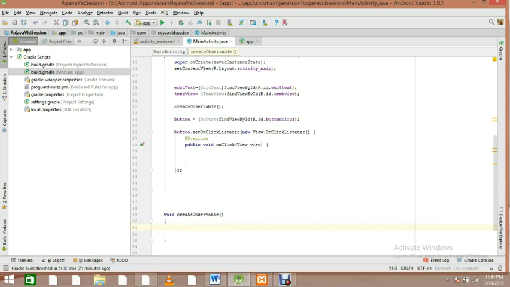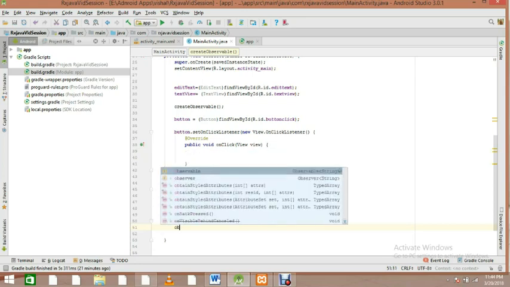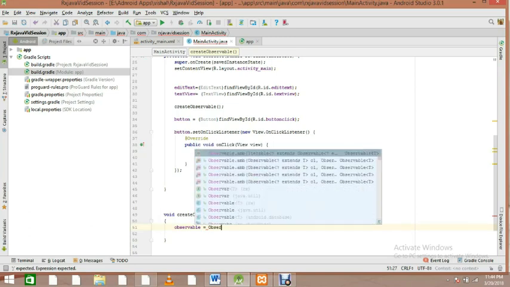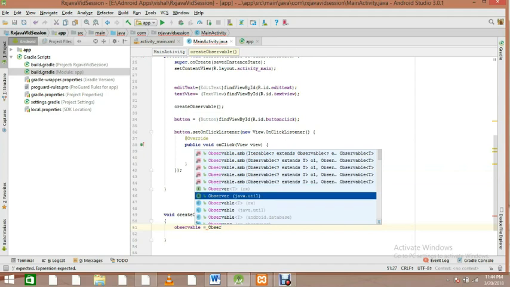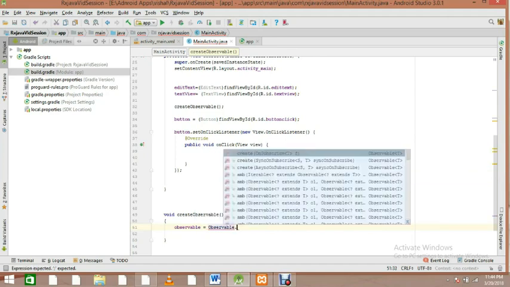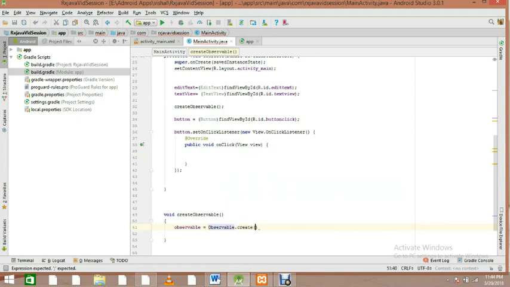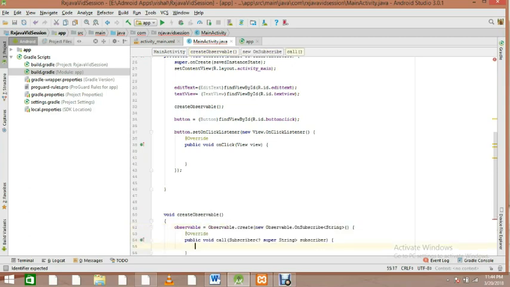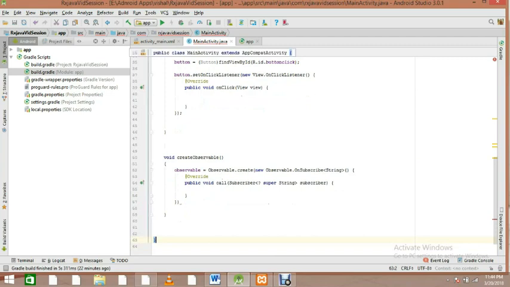So here we need observable equals Observable.create. Okay, and in create we need new observables. You see the methods above, they're automatically there, and click it so you can see the methods,